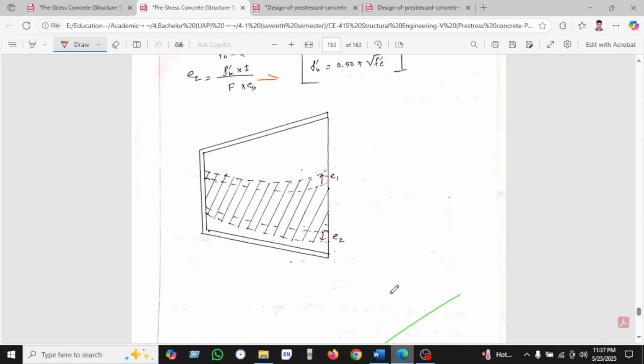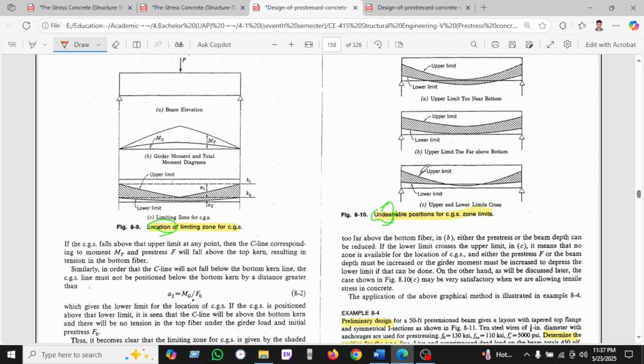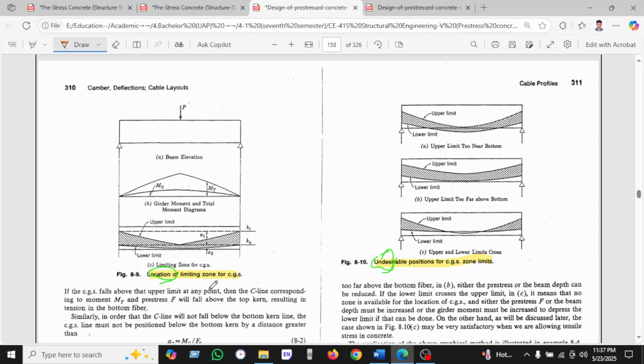Okay, let's go. So we have seen here, we are already talking about the location of CGS. You can see here the girder moment and total moment, beam elevation, and limiting zone, lower limit, upper limit and lower limit. And here is the undesirable position. Undesirable, that means we cannot use this profile. Okay, so we can see upper and lower limit cross. Here the upper limit is too far away, and the upper limit is too near the bottom. That's why we cannot use this profile. Rather, we can use this location of the